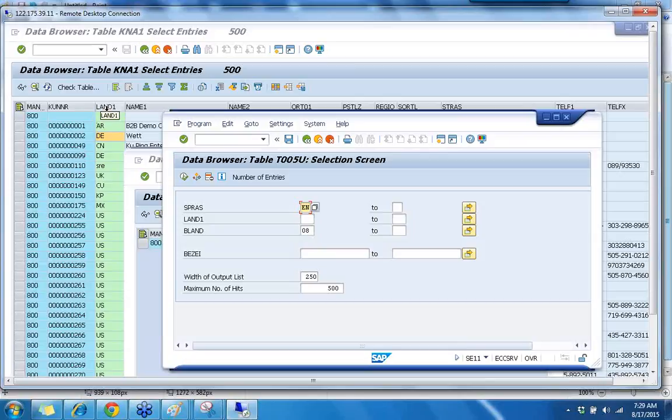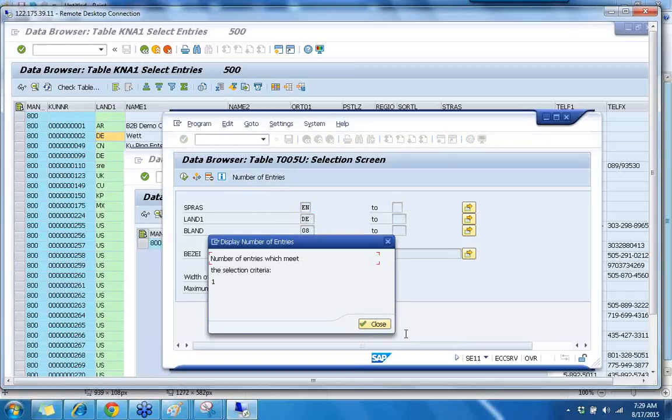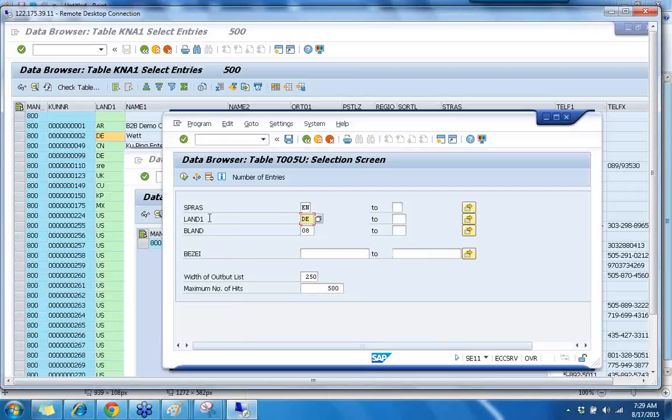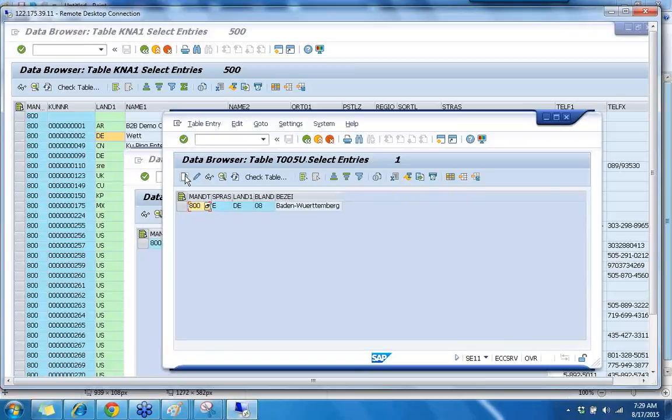Please see, the land one is DE. So let us also give land one as DE and click number of entries. Now it is only one. So we would like to see DE, which is Germany. In Germany, what is the region which is 08? And you want to see 08 in English. So let's click execute. So DE, which is Germany, 08 is nothing but